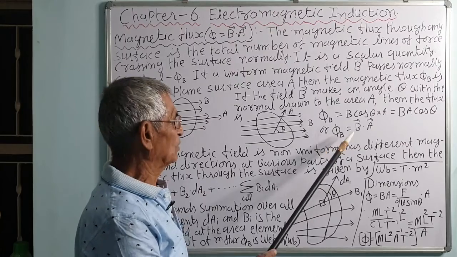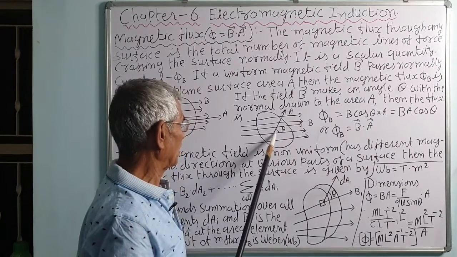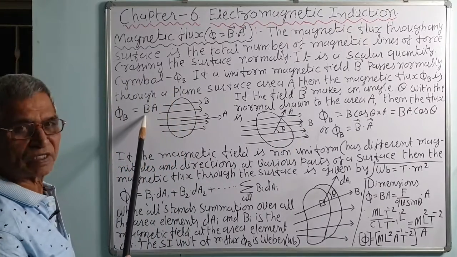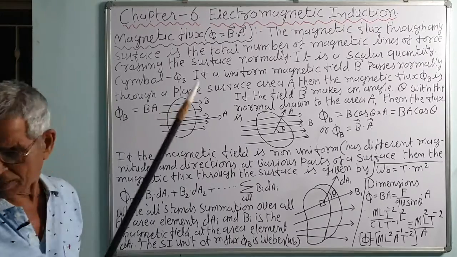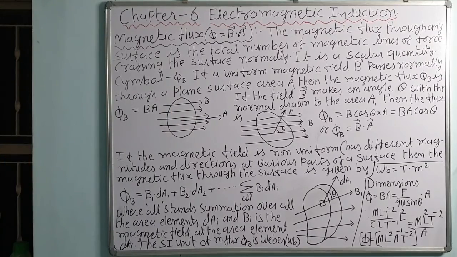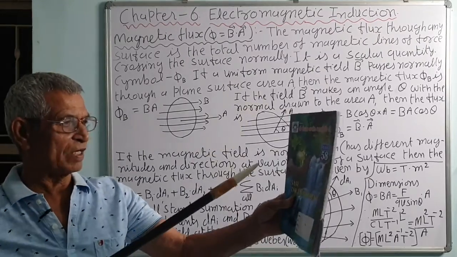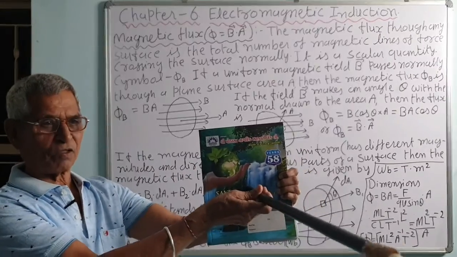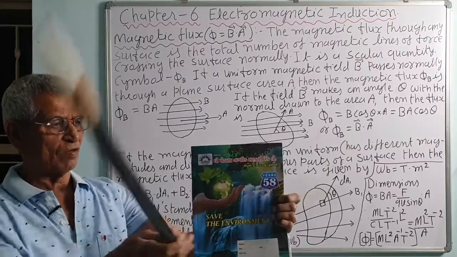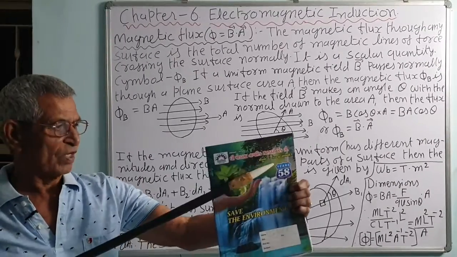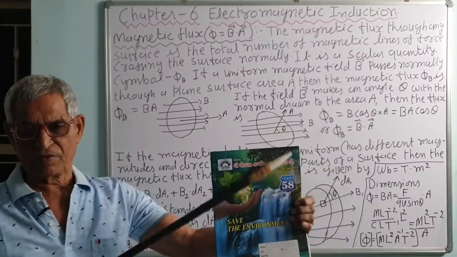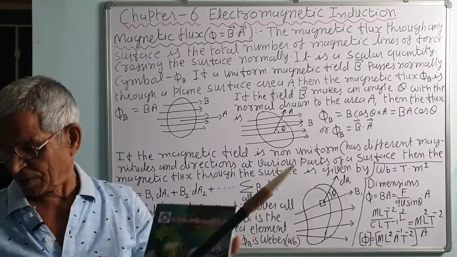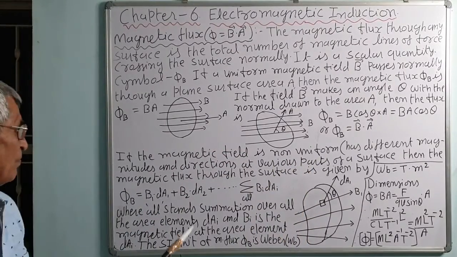Mathematically it is expressed as phi B equals B dot A. If the angle is 0, cos 0, both are in the same direction, flux is maximum and is BA. If it is at 90 degrees, then flux is 0, cos 90. Suppose this is the magnetic line of force, and the normal, the area vector, is at right angle to this, that is the angle between B and the normal is 90 degrees. So if the plane of this coil or the surface is parallel to the magnetic field, then the area vector will make 90 degrees with B and flux will be 0, cos 90 is 0.